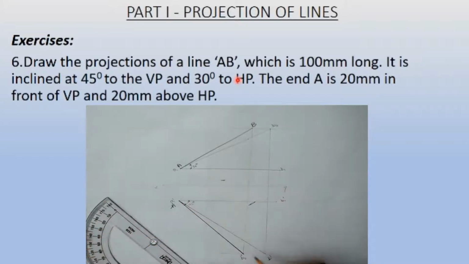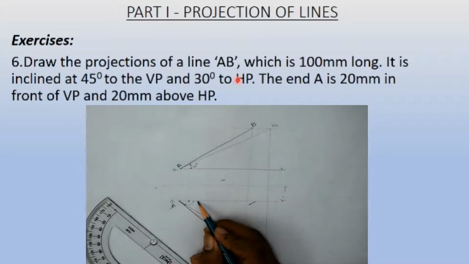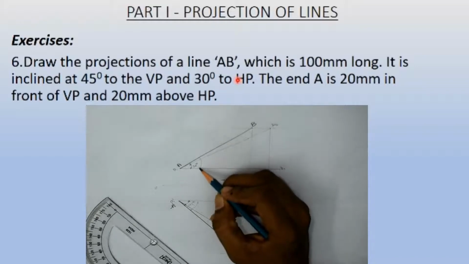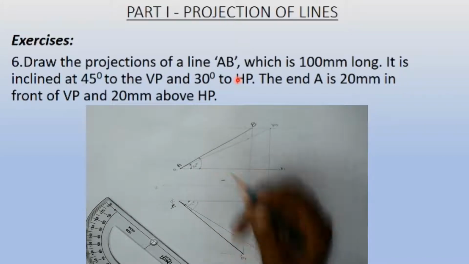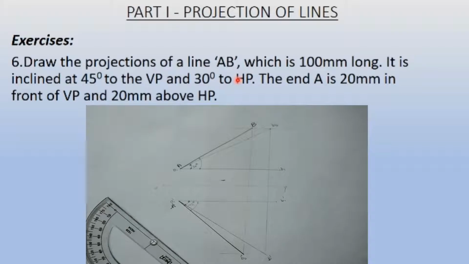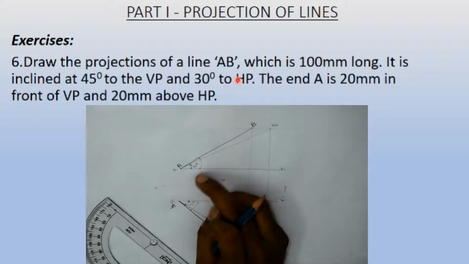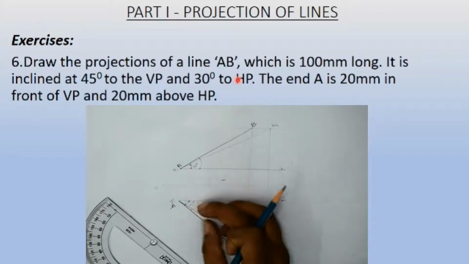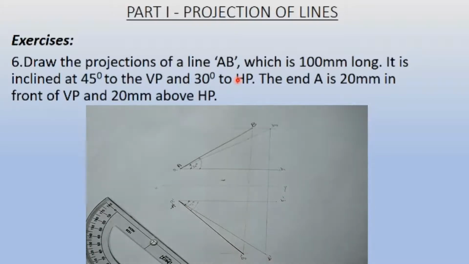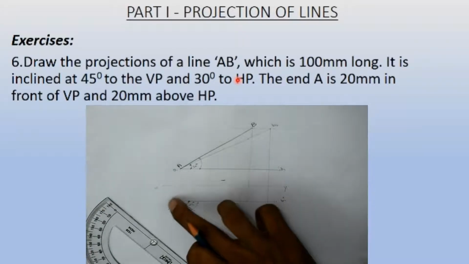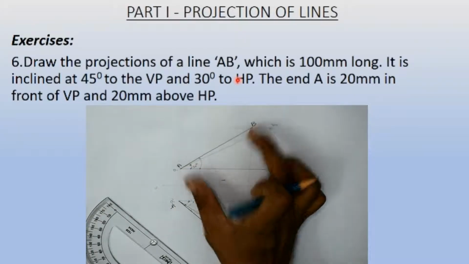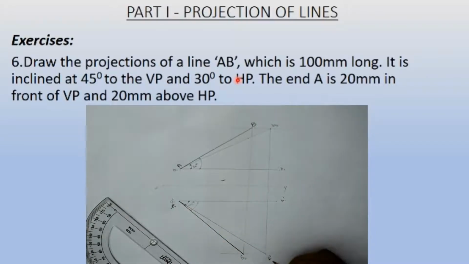This is our actual final answer, and you see that this angle has exceeded the 45 degree angle, and this angle has exceeded the 30 degree angle. These are called apparent angles, and even though the given question says 30 degree and 45 degree, it is going beyond that. So our final answer is this line and this line. This is the front view and this is the top view of this figure. Thank you.